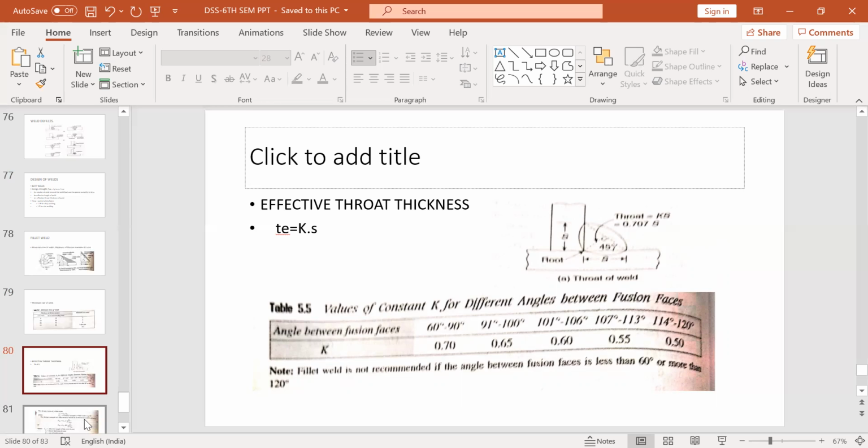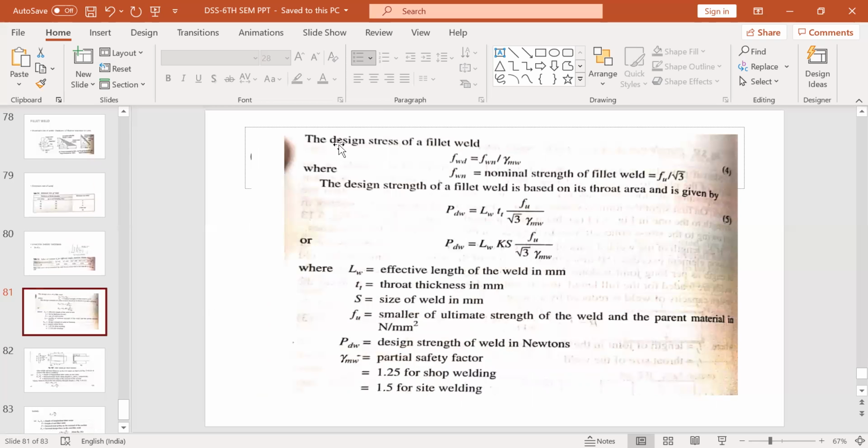So this we have understood. Now, how to find the design stress in a fillet weld. The design stress of a fillet weld is given by FWN by gamma MW, the nominal strength of the fillet weld divided by gamma MW. What is nominal strength? Fu by √3. Now, the design strength of a fillet weld is based on its throat area and is given by: